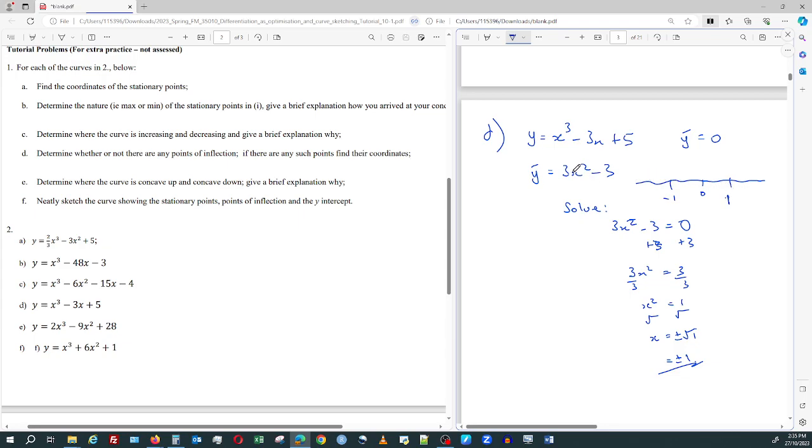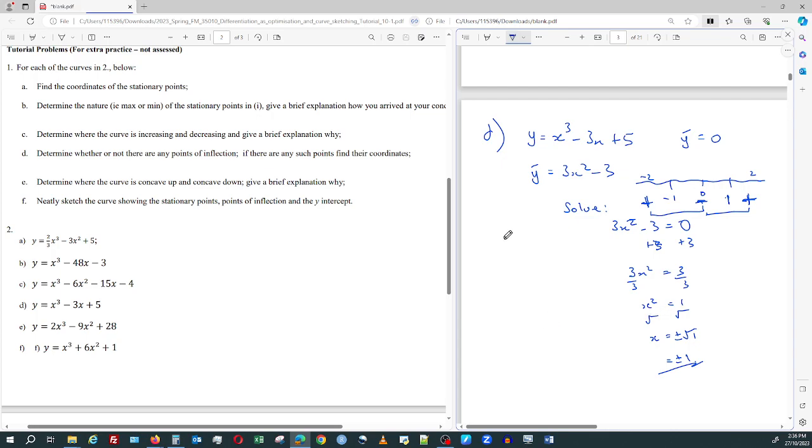So at 0 we would be having 3 minus. Okay, that's good. Minus. At minus 2, 2 twos are 4. So we're looking at minus 2 in this direction. Minus 2 squared is 4. 4 threes are 12. 12 minus 3 is still a positive. So that's good. We've got the change that we're looking for. And up here we can try 2. It's going to be the same thing. It's going to be a positive, isn't it? Okay. So you can put those numbers in for your interval to justify your faith in the fact that it's